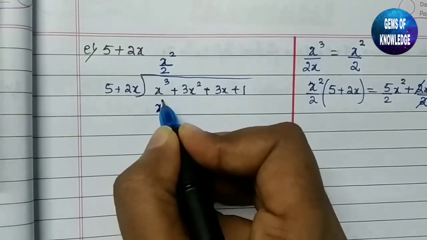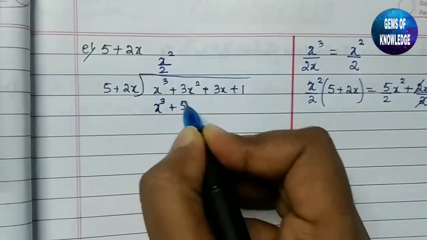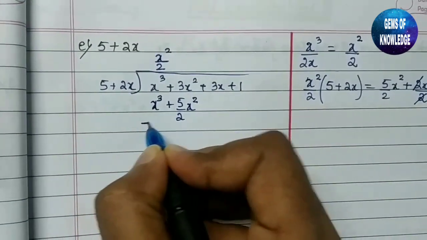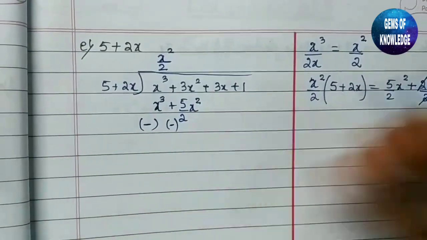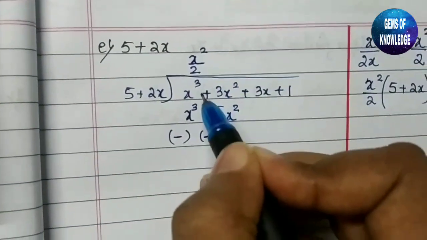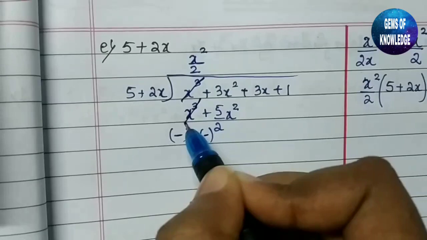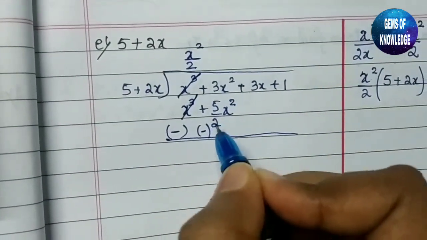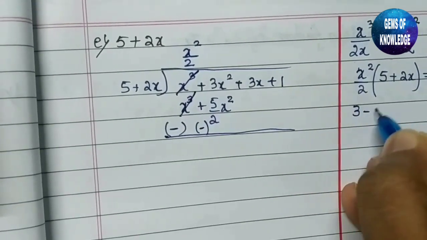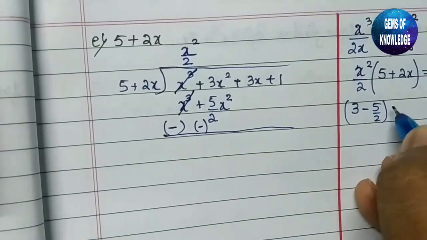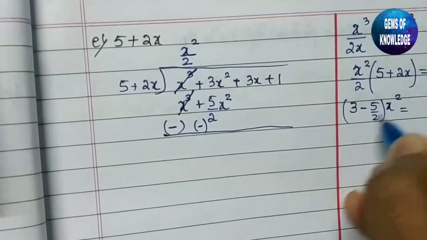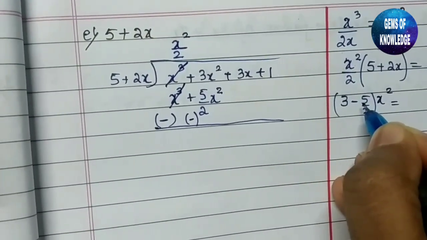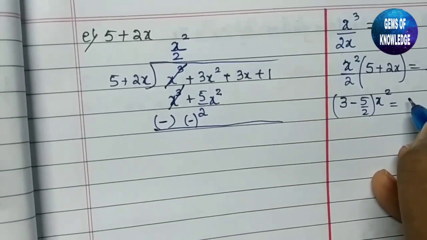So we are getting x cube plus 5 by 2, this x square will be as it is. Now the signs will change here. So you can see here the x cube and negative x cube will be cancelled. So we are remained with 3 minus 5 by 2 of x square. So here when you multiply this 2 into 3, 2 3s are 6, 6 minus 5 is 1